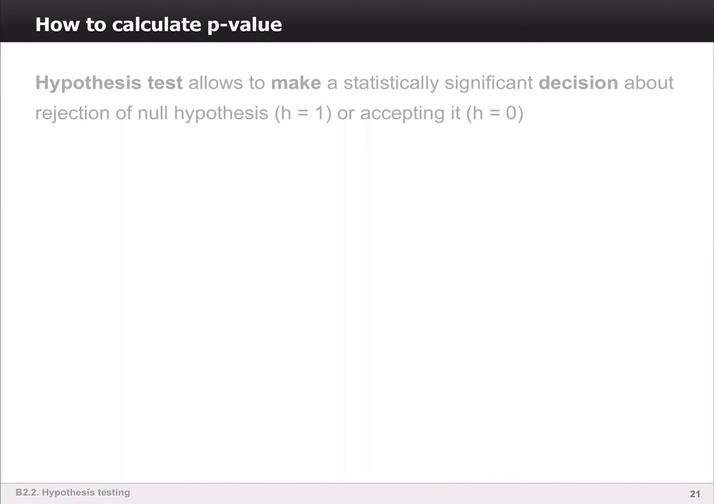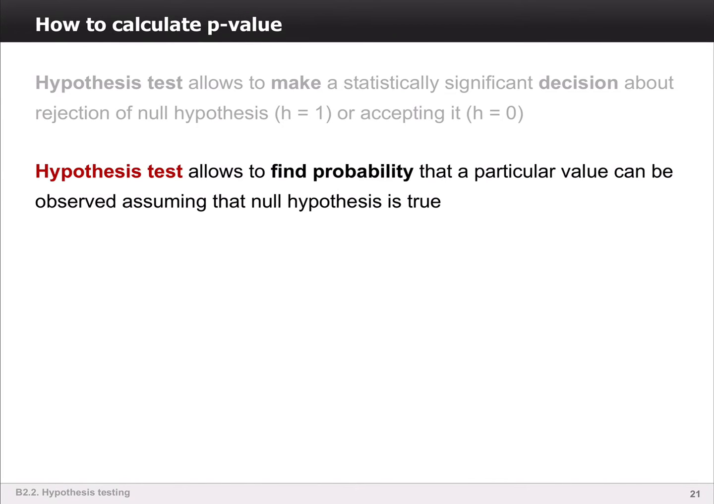Now let's talk about how to calculate the p-value. Okay, so we know that a hypothesis test allows us to find the probability that a particular value can be observed, assuming that the null hypothesis is true. Meaning, for example, for the average value, it gives us a chance to get a sample with this average, or